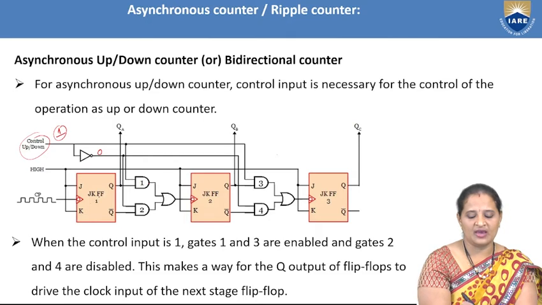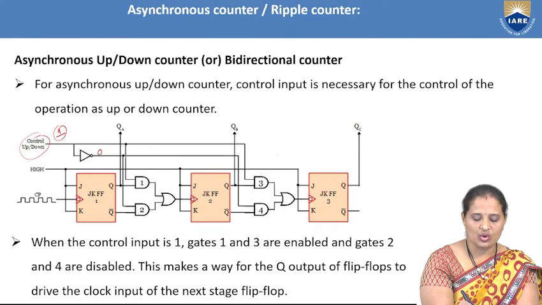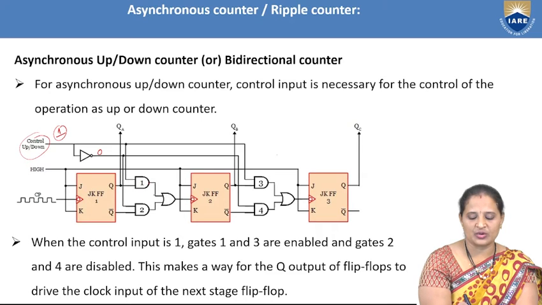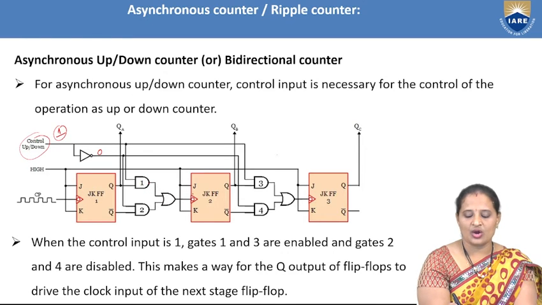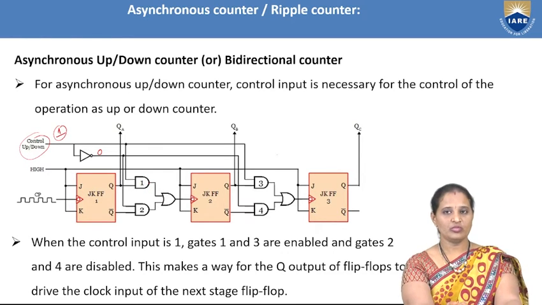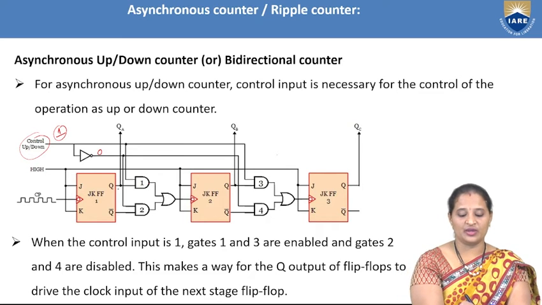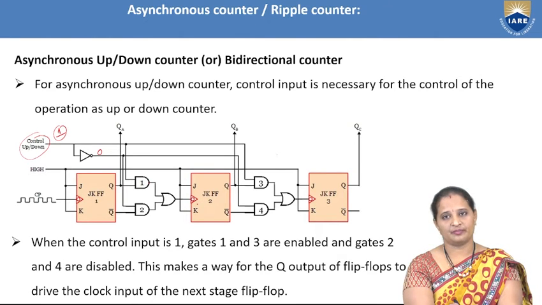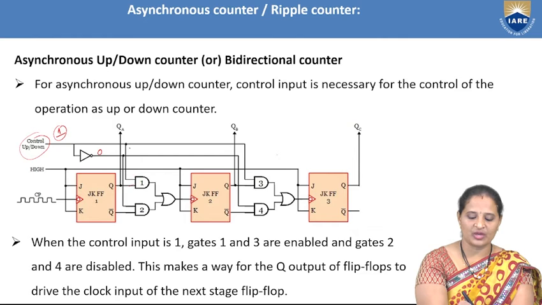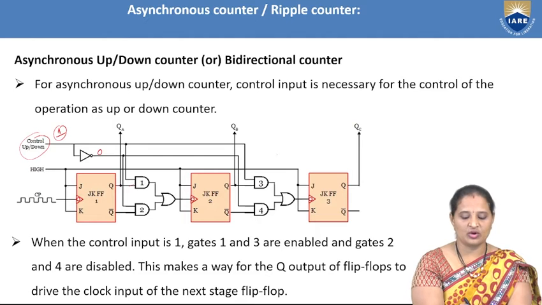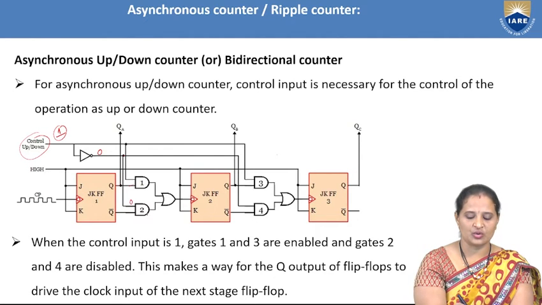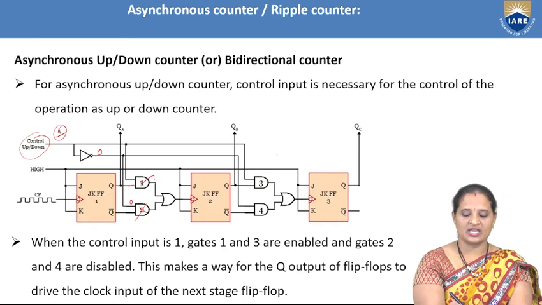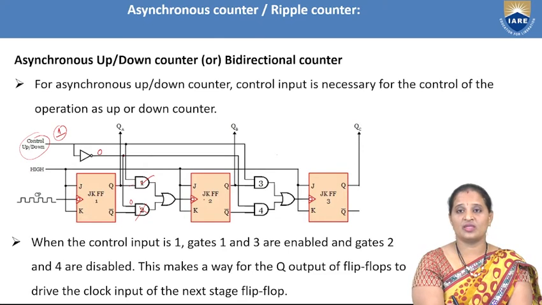Now this is JK. Here we are taking QA. As this is enabled, the output Q of the first flip-flop is connected as the clock input to the second flip-flop. As I already told you, if the Q output is connected as clock to the next flip-flop, then the counter operates as an up counter. So because 1 is enabled here, Q is connected as clock signal to the second flip-flop, because one of the inputs to the second AND gate is 0. That means this is disabled, this is enabled.